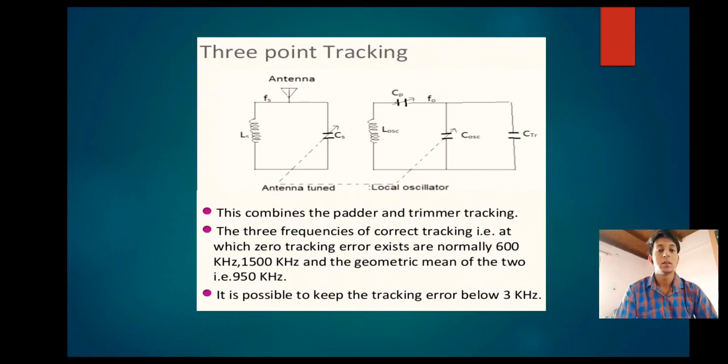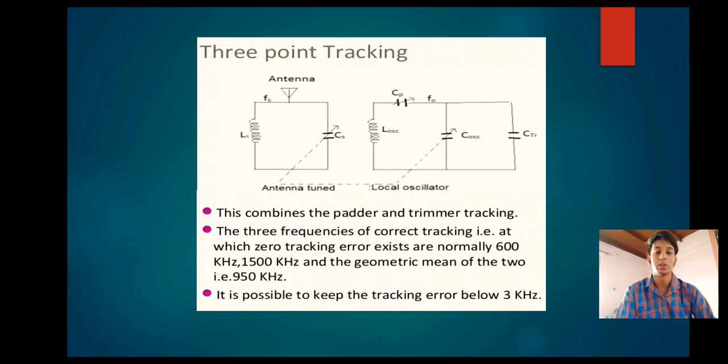In this 3-point tracking, there is also two circuit which is connected, that is antenna tuned circuit and local oscillator circuit. This combines the padder and trimmer tracking system, which means in this 3-point tracking circuit, there is a combination of padder and trimmer tracking system, which is combined, and the